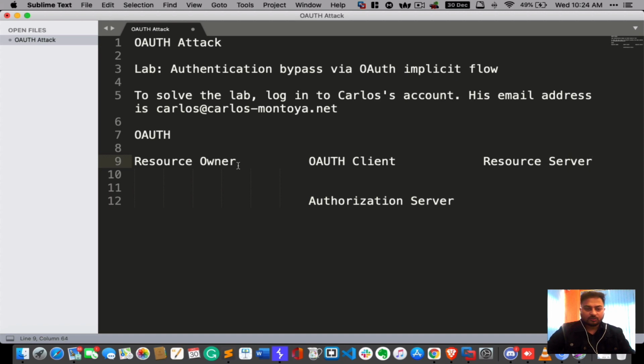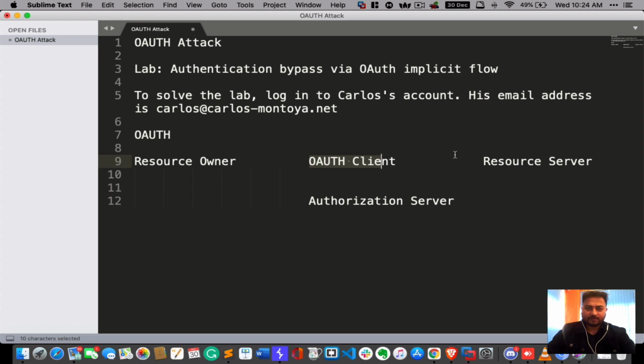So generally, who is the resource owner? I am the resource owner, and here is the client. When you send a request, it will redirect to the authorization server and it will pass the code. The authorization server redirects that code back to the OAuth client. Both the OAuth client and the authorization server exchange the code for a token, and after that you can use the token for the resource server. So now you will be able to use the resource server. This is the theoretical part of OAuth.